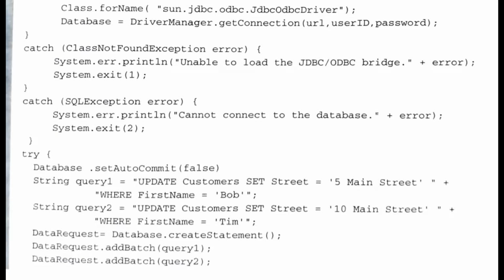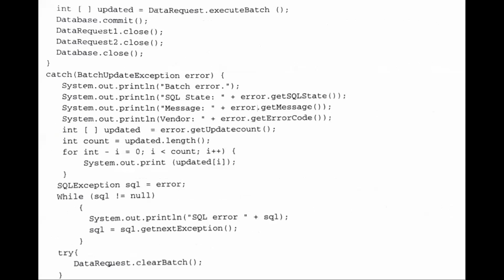Once they are added to the batch, the next thing is to execute the batch. How to execute the batch? Using the method executeBatch, like this: statement.executeBatch(). This executeBatch will return the integer array, so int[] updated is the integer array that is returned.